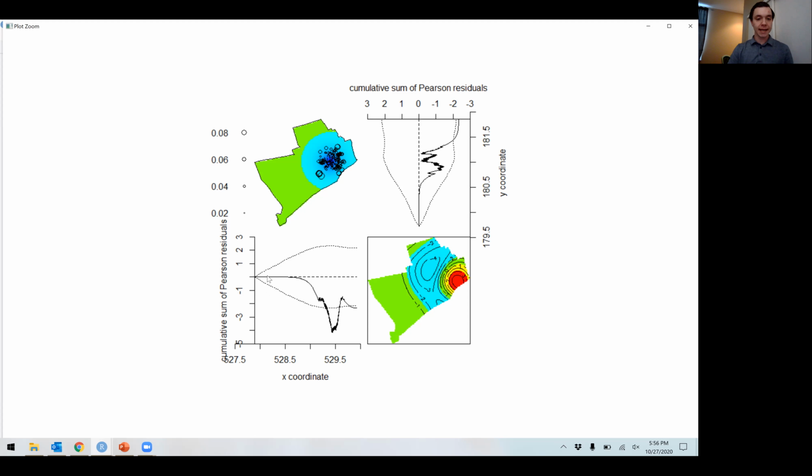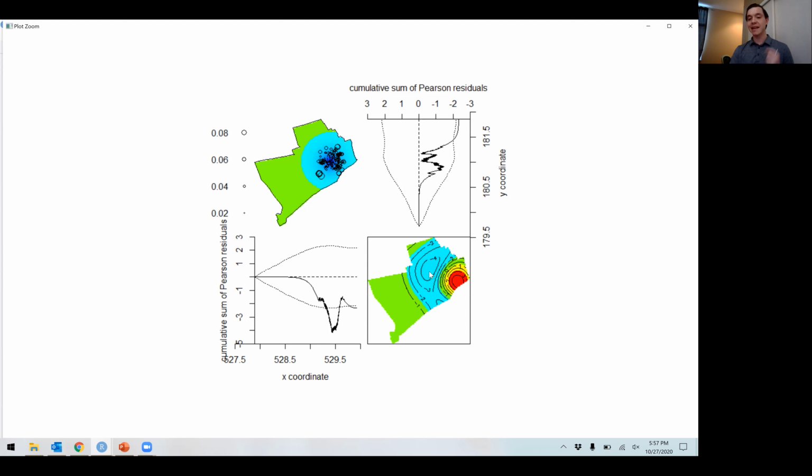Notice that we're doing great until we hit the area near the pump. And then we get this large sort of negative excursion. The residual is observed minus expected. So we are over predicting the number of cholera deaths, roughly at this point. And there is less systematic deviation along the north-south axis, but consistent with the cumulative residual plot, we also see